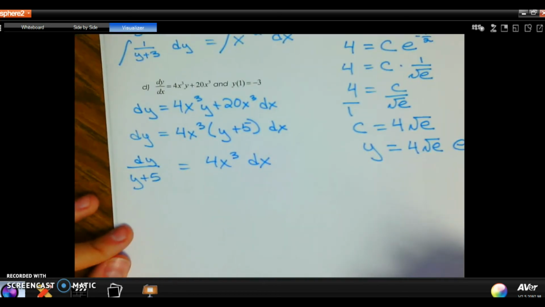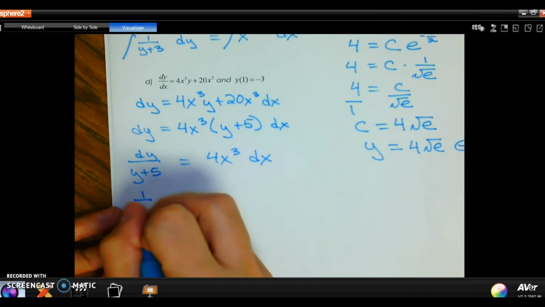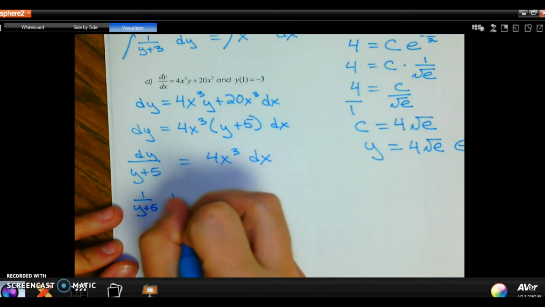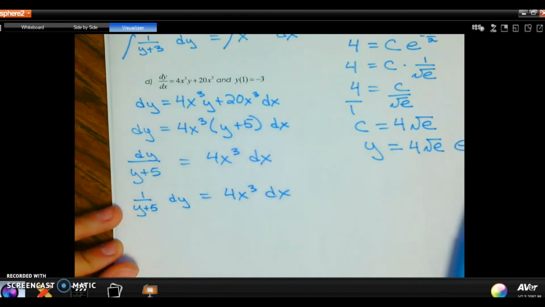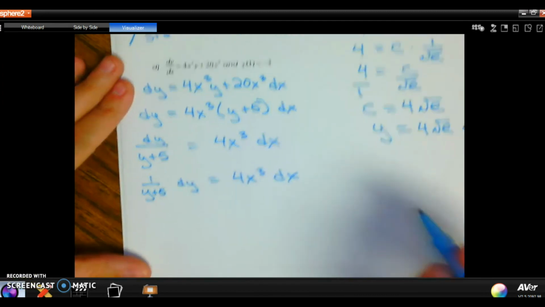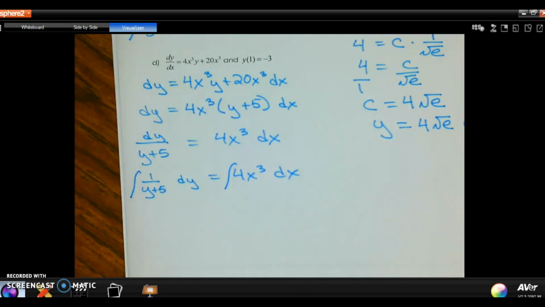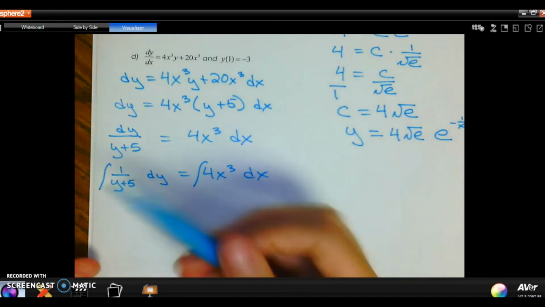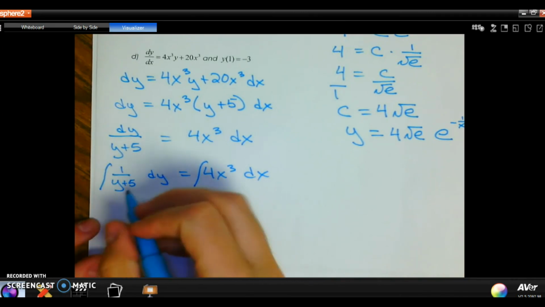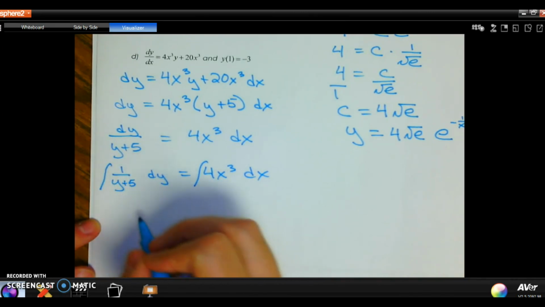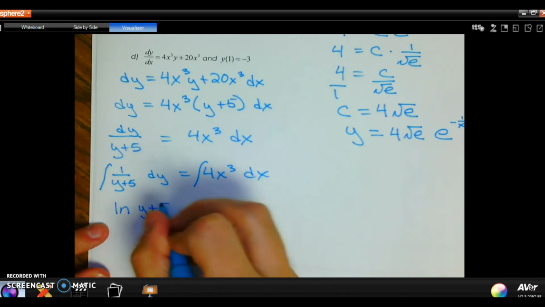And now I can do that integration technique. If it helps you to write this side as 1 over y plus 5 dy equals 4x cubed dx, that might be a little bit easier for you. Okay, so I'm going to integrate both sides. I'm integrating this side with respect to y and the other side with respect to x. Once you write it like that, you can integrate. The integration of 1 over the stuff, as long as the derivative of that stuff is just a 1, you can just say it's going to be ln of y plus 5